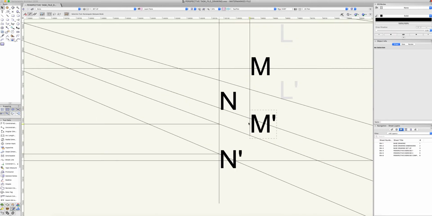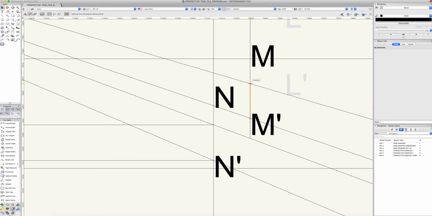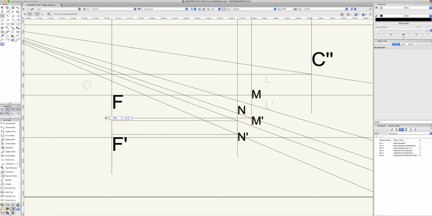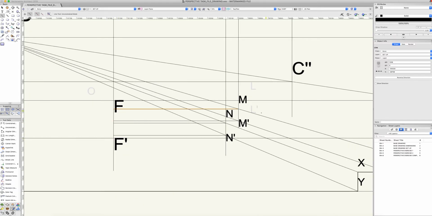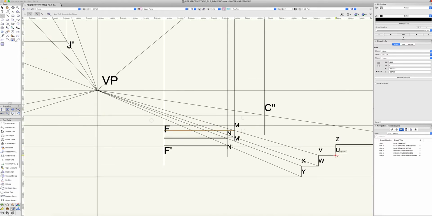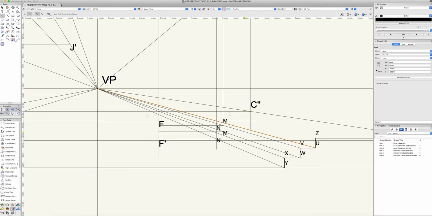And then we know that this is the point of the intersection, so we can draw a line from this point back towards F and do the same with M. So we have M and M1 returning back to the corner of the platform. And then finally we do the same thing for U and Z. Take these lines back to the vanishing point,